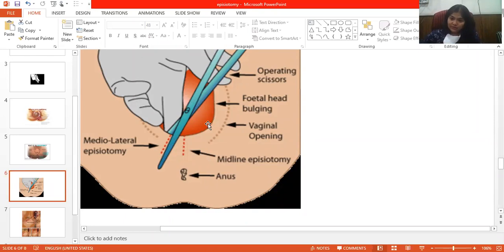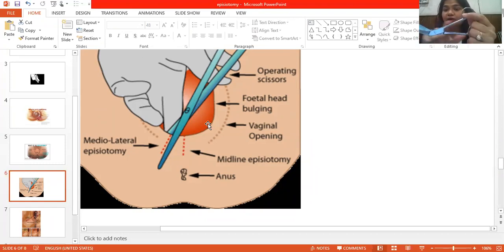These are the few questions which will be asked to you in exam. First is you will identify this instrument. As I said, you are going to say this is an episiotomy scissor. Then you are going to say the description of this instrument if the examiner asks you, that it has two blades. One is pointed and sharp, and the other one is blunt at the tip, so that this part goes inside the vagina and this part is outside near the skin, and in between you're going to cut the perineal area. This part goes towards the fetal head inside the vagina so that it doesn't injure the fetal parts, right?